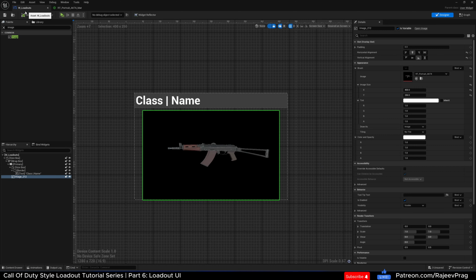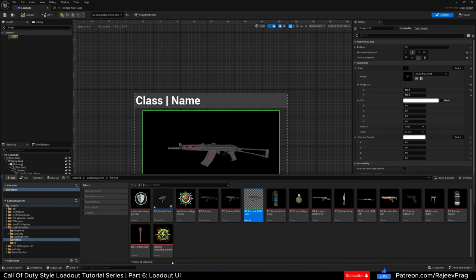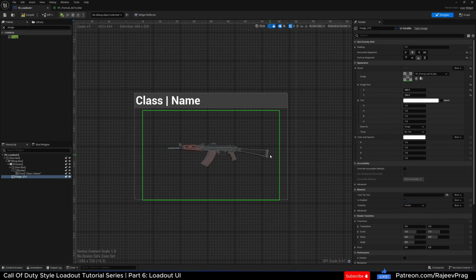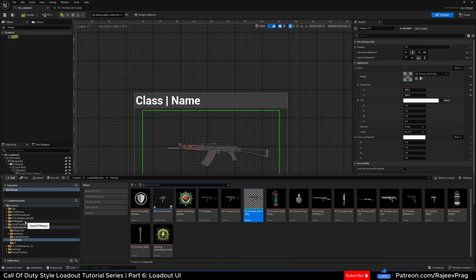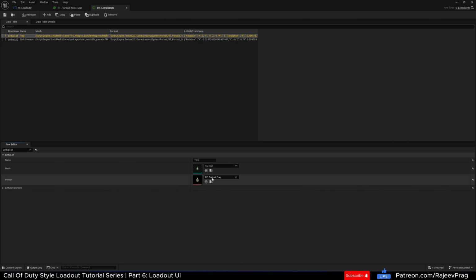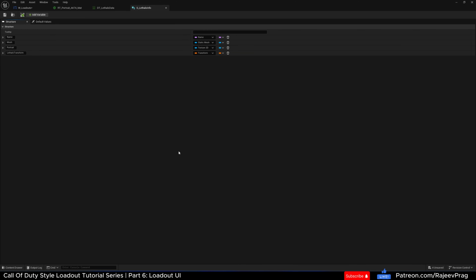Now, if I go apply in our loadouts, I can now take this material and then I can actually put it in here, and then that will remove the background. Reason why I'm not using the material is, if you remember in our data sets, for our portrait, we're actually going to be using a texture 2D as our portrait. And if you want to change it, you could always go and add in a material into your structure. If you want to use the material that is removing the black background instead of the one with the black background, and then you would need to make this into a material instance